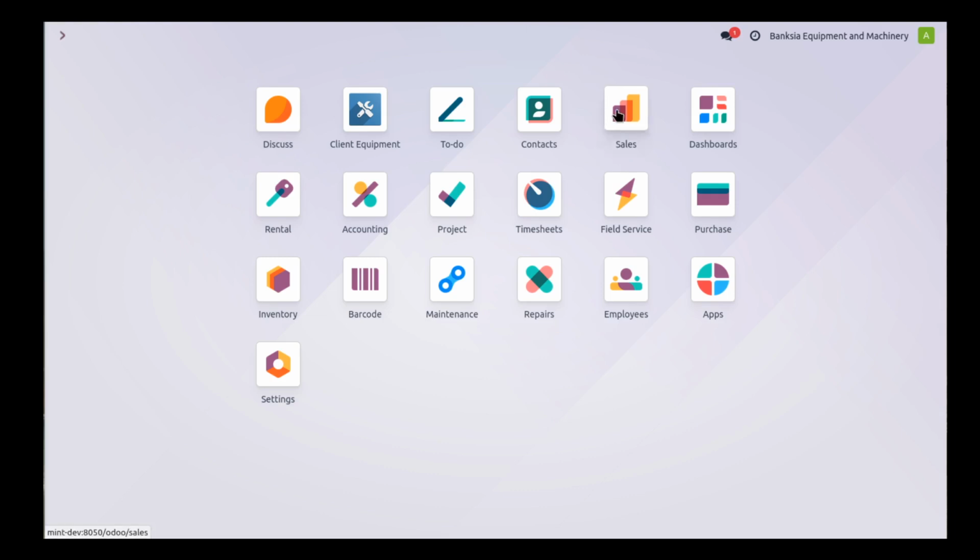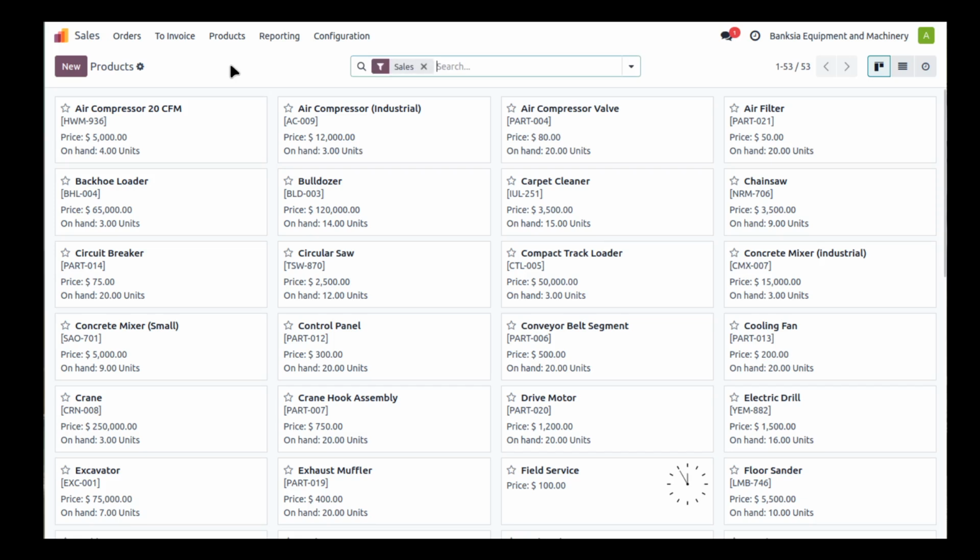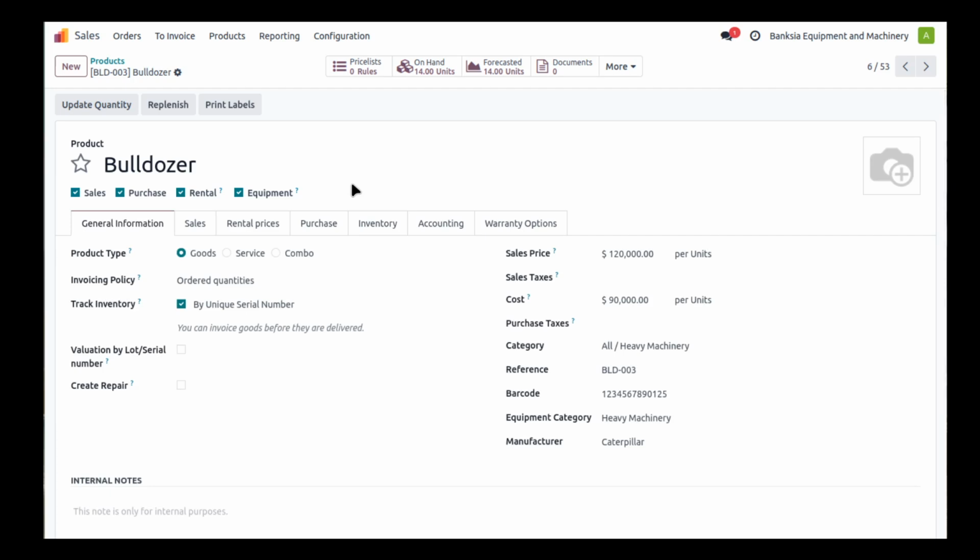So first thing I'll do is go into sales, and the first thing I want to do is have a look at our products just so you can see what products we've got. We've got 50 odd products here. We've got a couple of services in here as well, which I'll ignore, but I'm going to have a look at our bulldozer product, and I'll probably sell this product to create our first